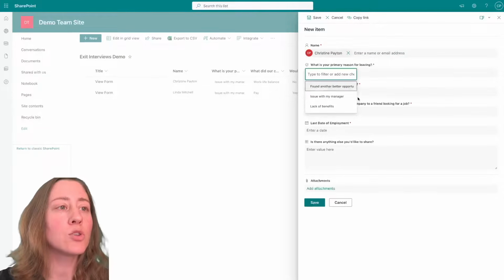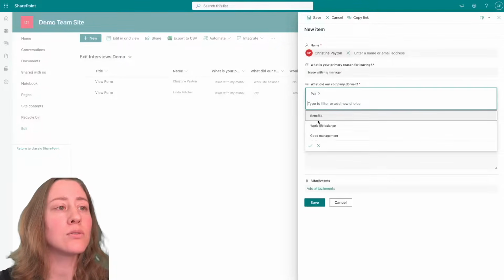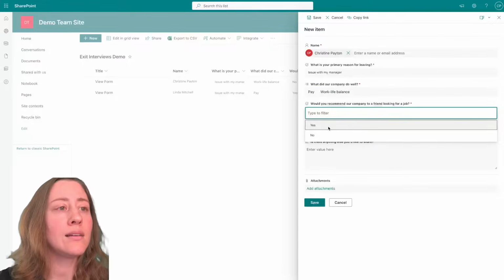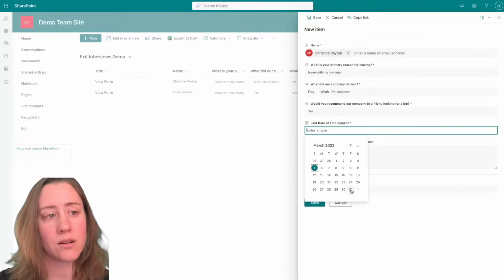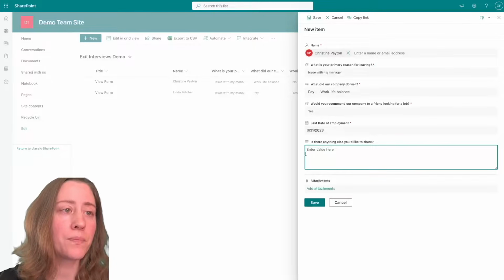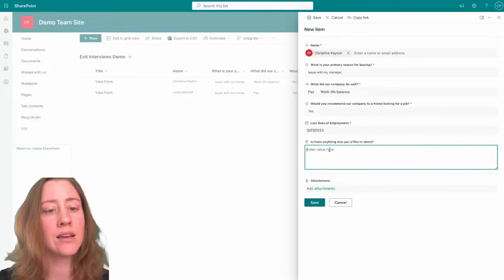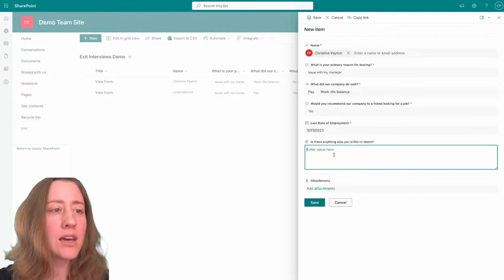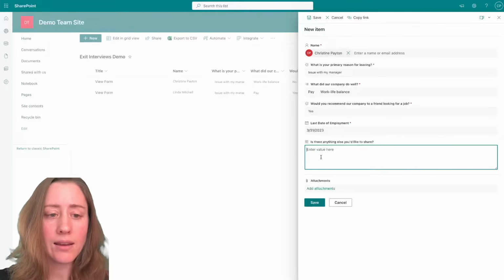And our choice fields look something like this, where you click and select. You can do multi-select for these if you want to. So like this one will let you select multiple. And there is a date type field that gets a date picker, which is nice. And you also get options like multiple lines of text, which is what this is, where you get a full paragraph of text. There's a few other field types like lookup fields and manage metadata, and I'm not going to